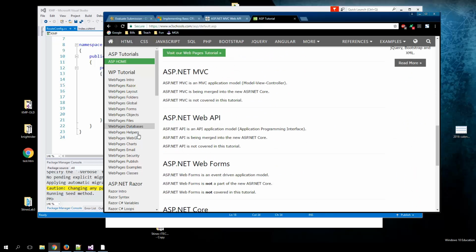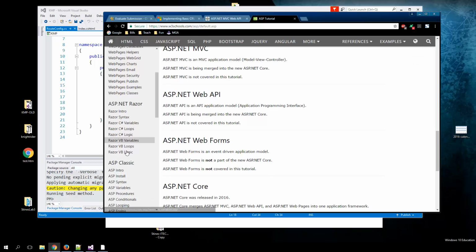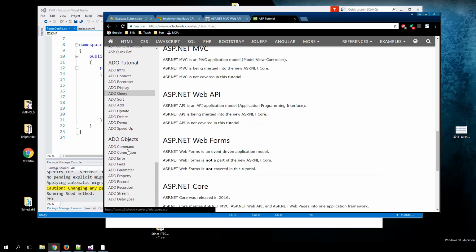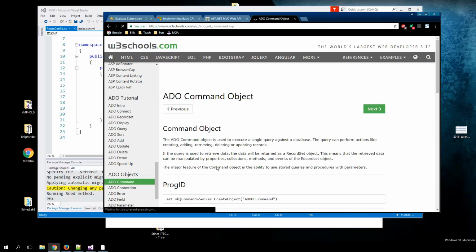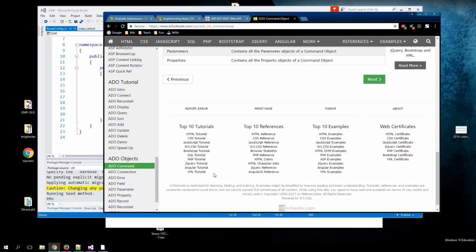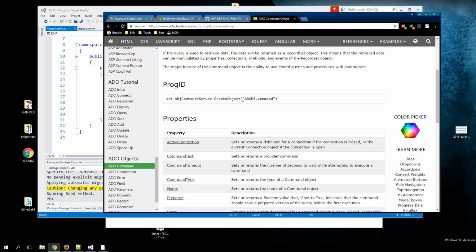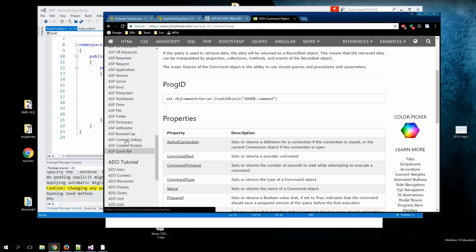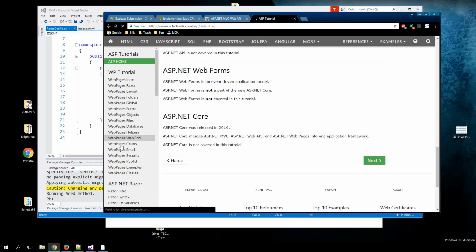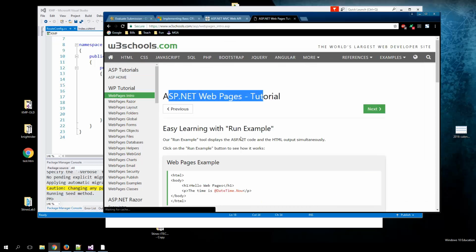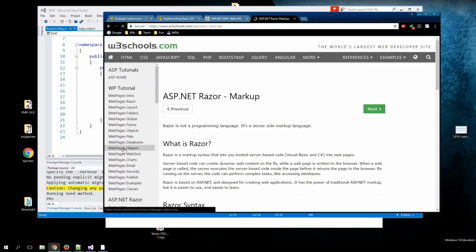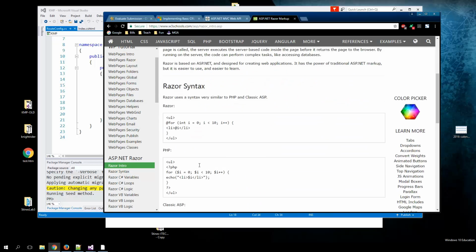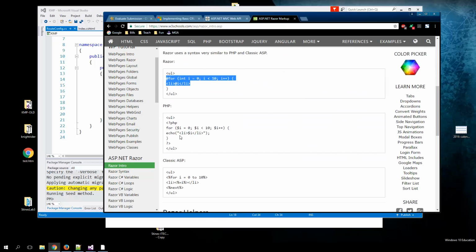There are a lot of different versions of MVC. Maybe, did they add one for MVC? No, I don't really see it. Good stuff down here though on ADO objects. It's kind of similar to working with a lot of Microsoft Word programs and stuff like that. Oh, that's all classic ASP. So web page is a little something a little bit different, but it does use this Razor syntax. We're more using the actual Razor syntax, so this will start looking a little bit familiar,